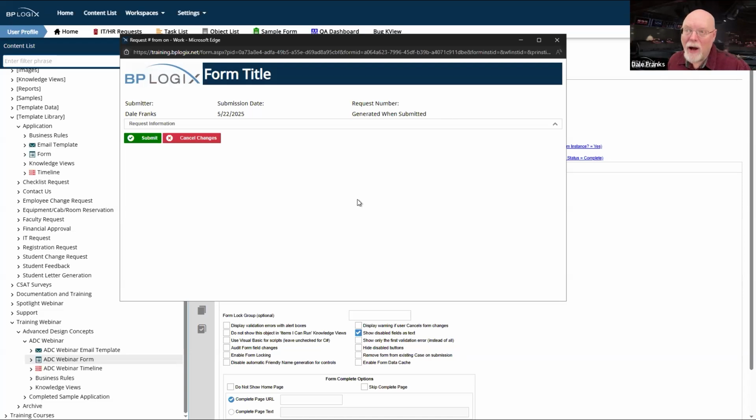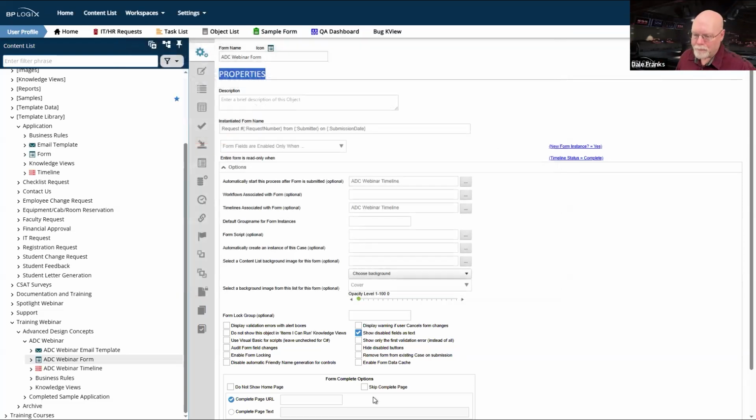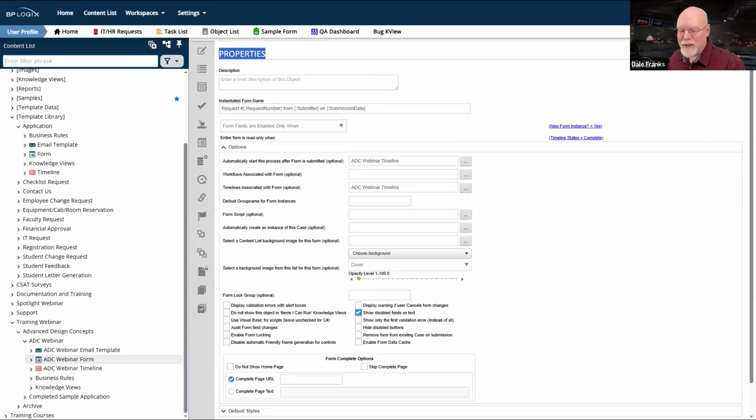And if you have a couple of hundred form controls on the page, which, please don't do that, but if you do, it's going to be a lot more lightweight on the user end if I just deliver them as text. So there are a lot of benefits for setting that show disabled fields as text.